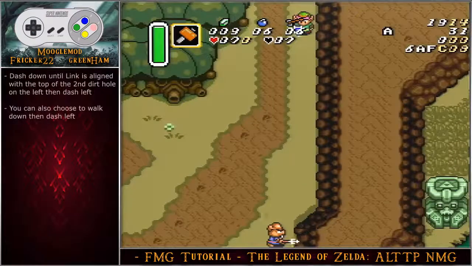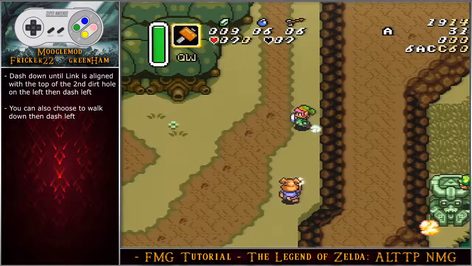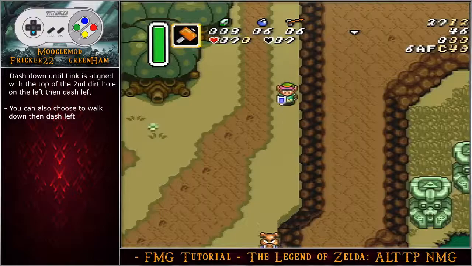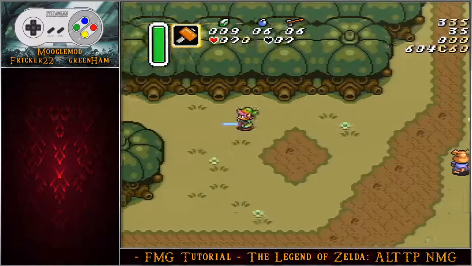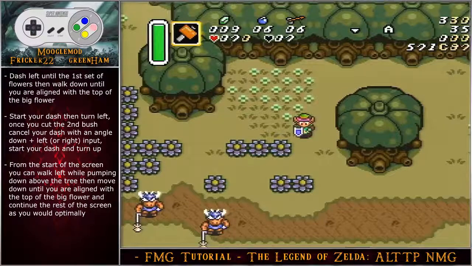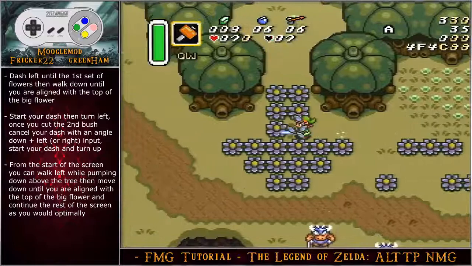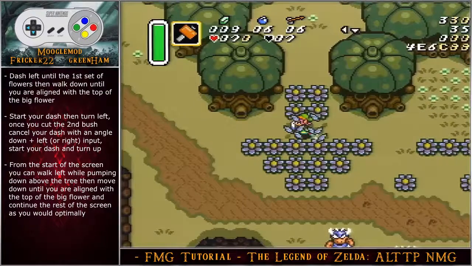Dash down until Link is aligned with the top of the second dirt hole on the left, then dash left. You can also choose to walk down and then dash left. Dash left until the first set of flowers, then walk down until you are aligned with the top of the big flower. Start your dash, then turn left. Once you cut the second bush, cancel your dash with an angle down left input, and then start your dash